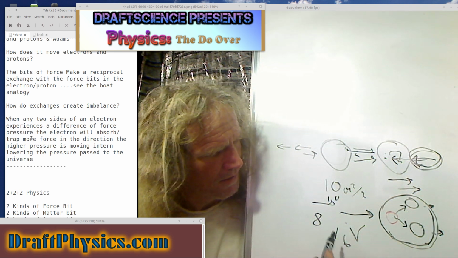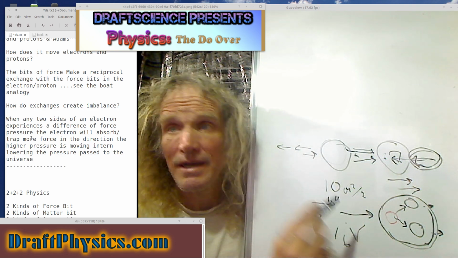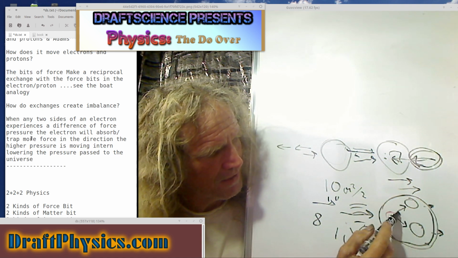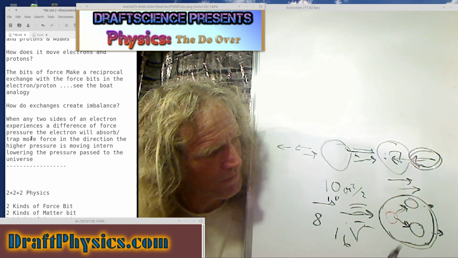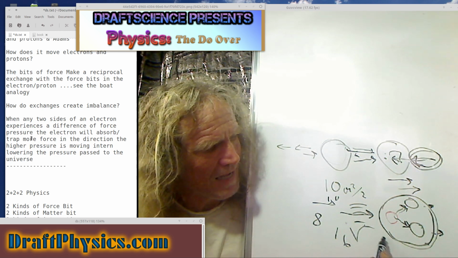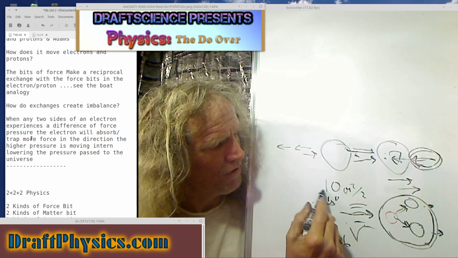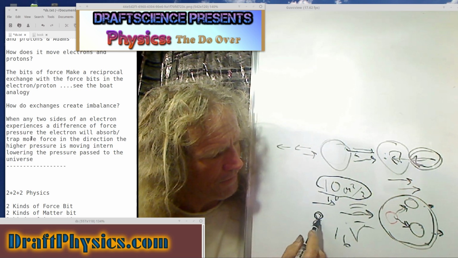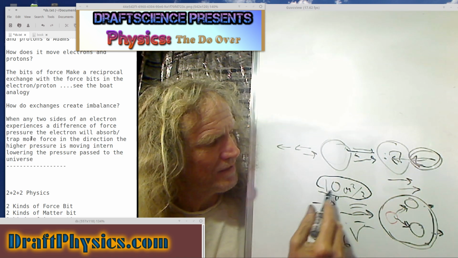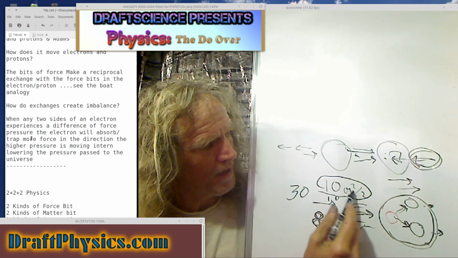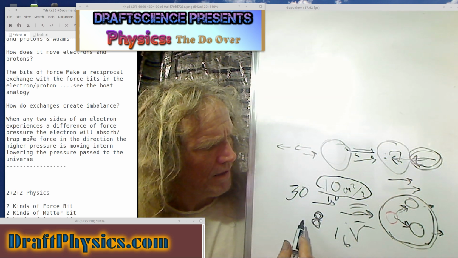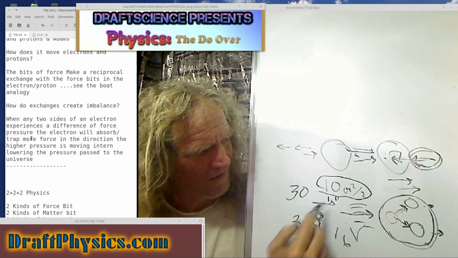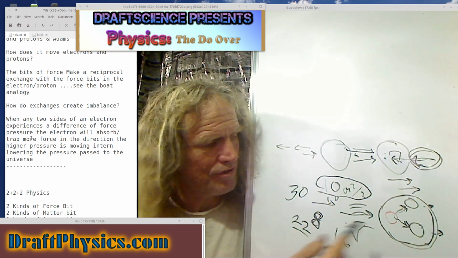That means that in converting your acceleration, that is how much force is hitting, into these little orientations of neutrons, that doesn't happen with perfect efficiency. So you don't get your full 10 meters per second and get to add it. You only get a part of it. And so where you'd say in 3 seconds I should be going 30 miles an hour if this was miles an hour instead of meters, you won't be. You'll be going 22 instead, because of the inefficiency of turning acceleration into velocity.